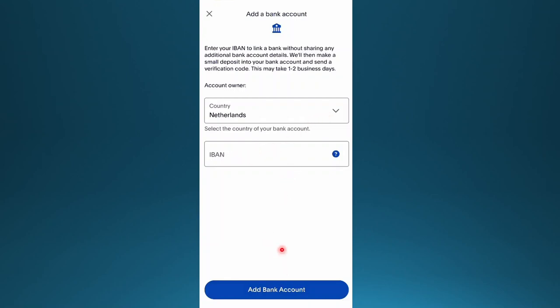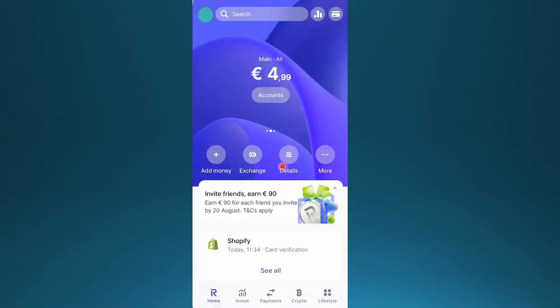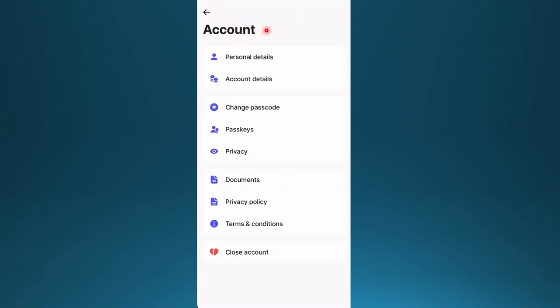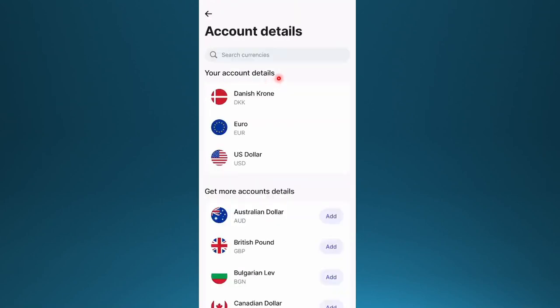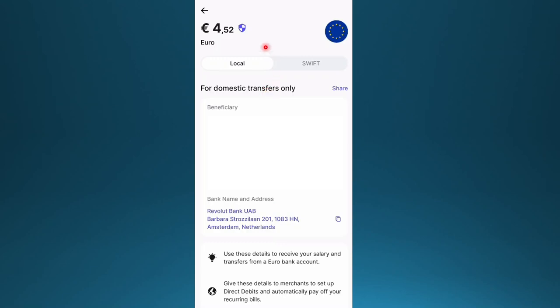What you do, you go to Revolut, launch it up, come at the top left, click on your profile icon to access your account settings, and then click here on account details and choose your currency, whichever one you want, euros, dollars. Let's do, for example, euros. So here you come, get all the details, the IBAN number, things like that,